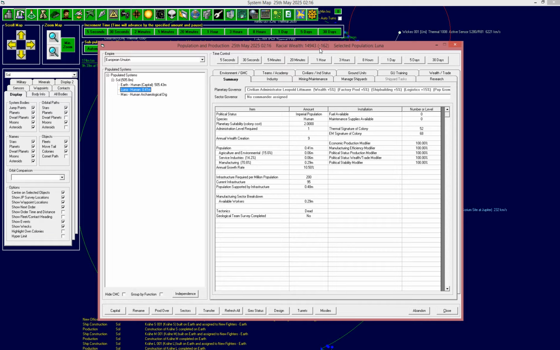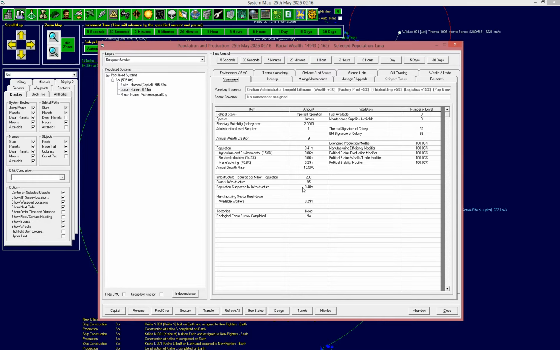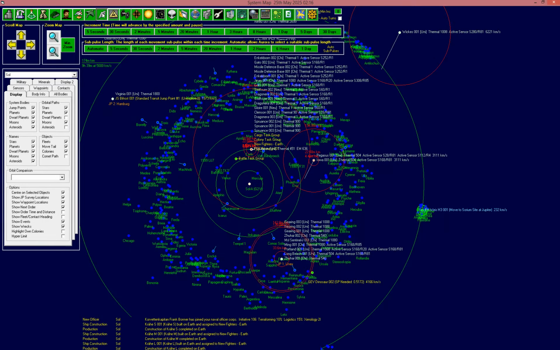Due to it, I want to establish some financial infrastructure on Luna. Essentially, financial infrastructure acts like additional population concerning wealth generation. So every little bit will help us, but in order to build financial centers, we have to have some carbamide and iridium here, 60 for each financial center. And I want to have some additional room for further population growth. At the moment we can support another 7,000 population. That's not good enough, so we'll tell our transport to